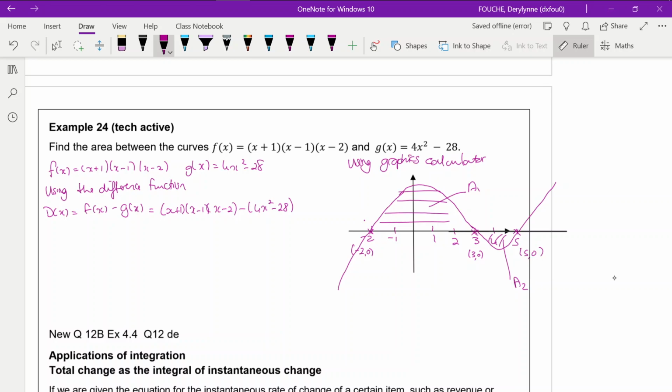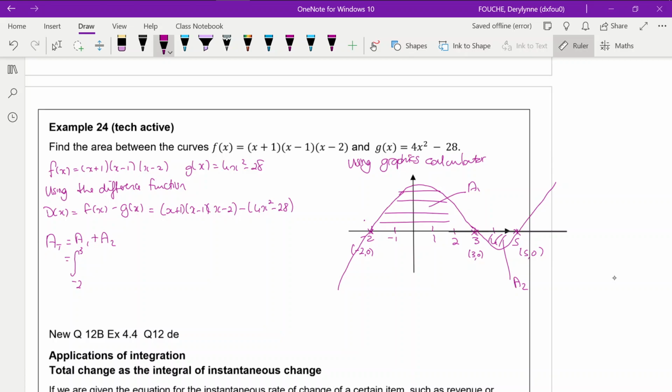So all we're going to do is say my total area is going to be area 1 plus area 2. Now, you don't have to actually do the integration. What you have to do is show that you understand what's happening. So you're integrating from -2 to 3. Now this is a positive area above the x-axis. So it's going to be